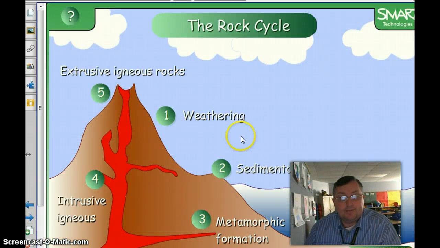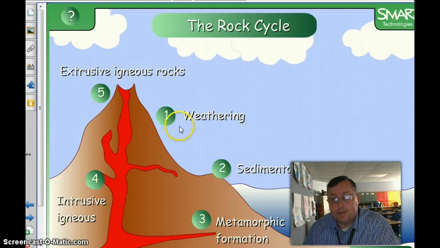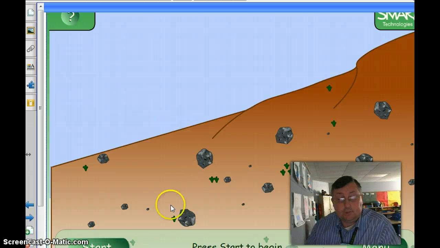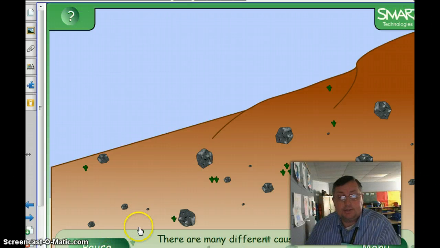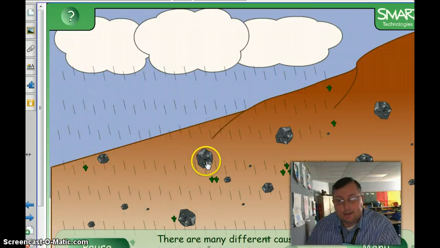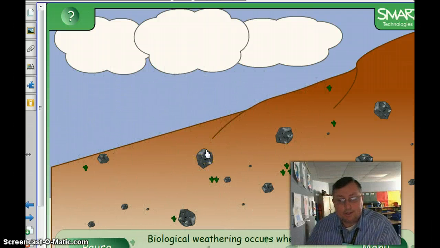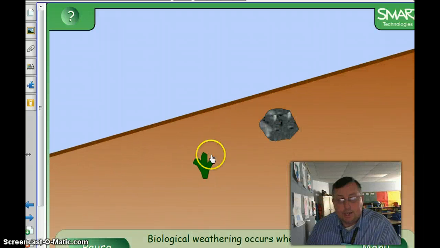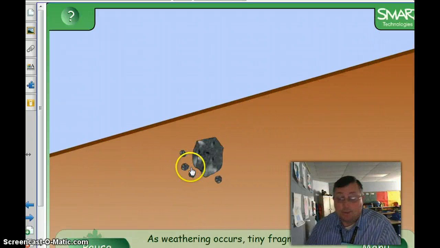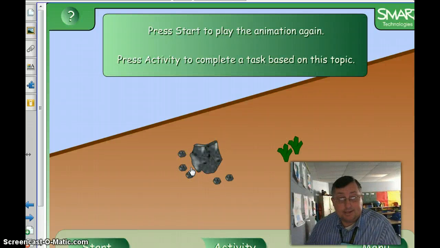Now, this one I just threw in as a review from the last chapter, but weathering. Here we go. You see some of the rocks getting broken down. It rains. Here comes our rock. It's going to start to tumble down here pretty soon. Oops, somebody kicked it. Breaking down into smaller pieces. And as it gets down to the bottom,